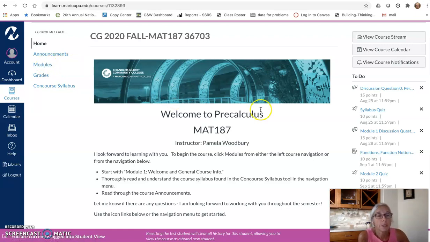All right, I did mention that you are in a small group for discussion questions, and what's not shown here on the screen, but you will have on your Canvas course in the right corner here, there will be a group link. That'll be the link to a separate Canvas page for your group only. And that is where you will see all of your discussion questions and your group mates' discussion questions.